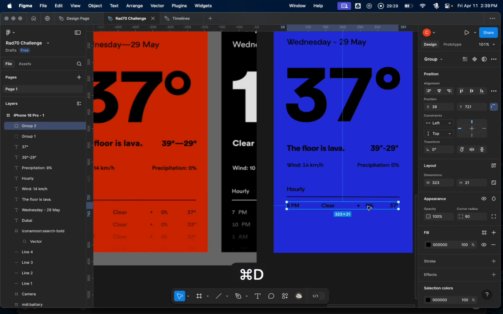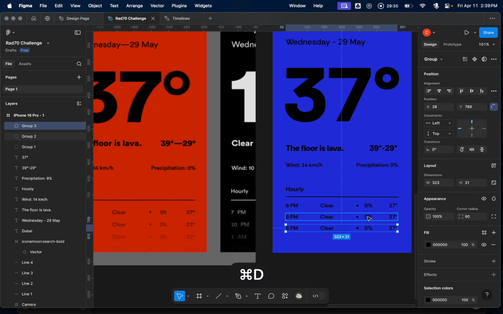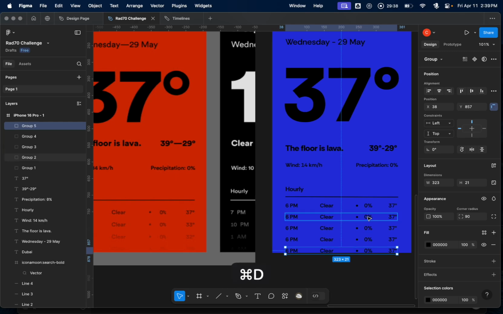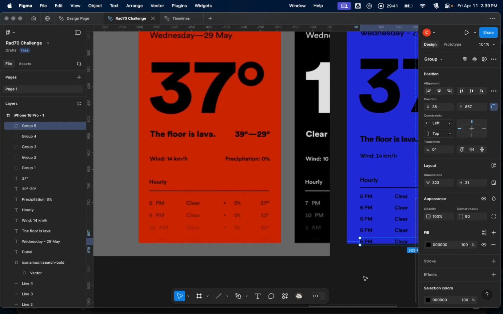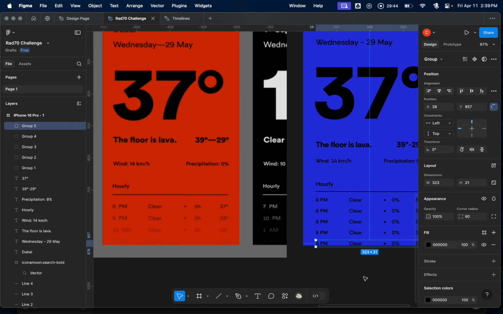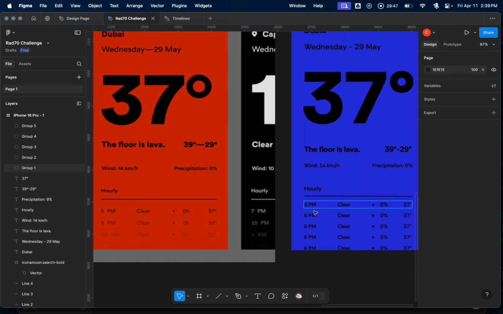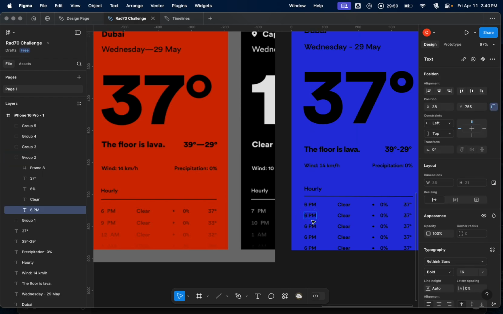then I'm going to duplicate this and bring it down. Duplicate, duplicate, duplicate. Alright, so now I've got in here, this is 9 p.m. These all stay the same, and this becomes 33. This one becomes 12 a.m. And this becomes